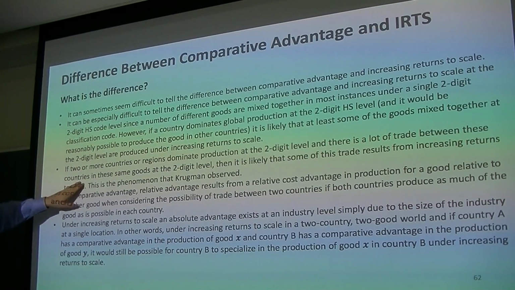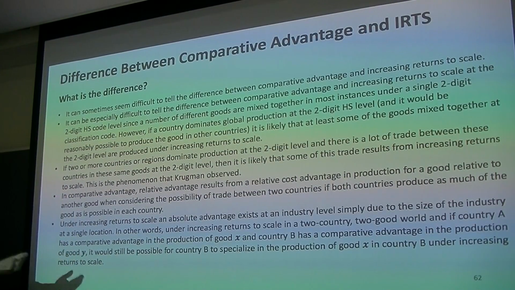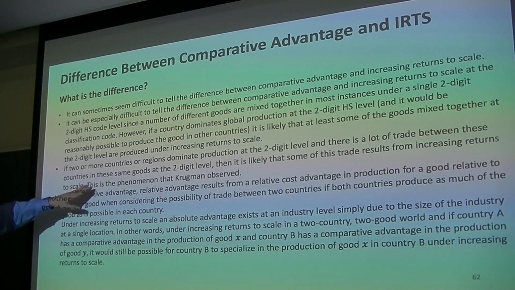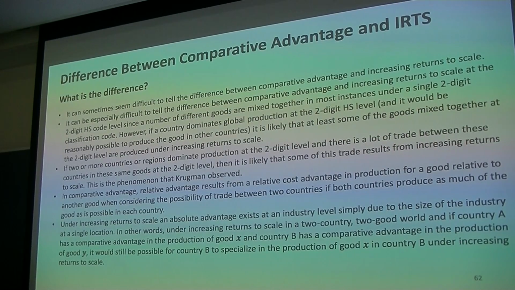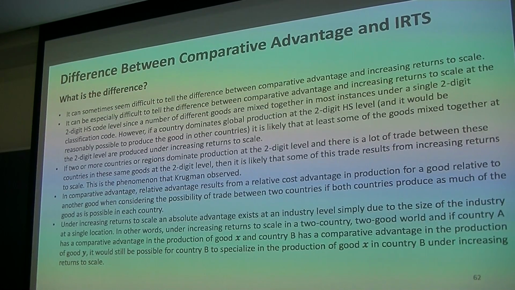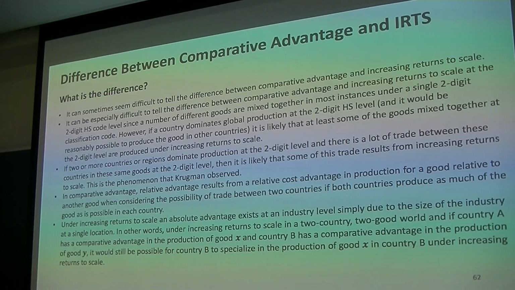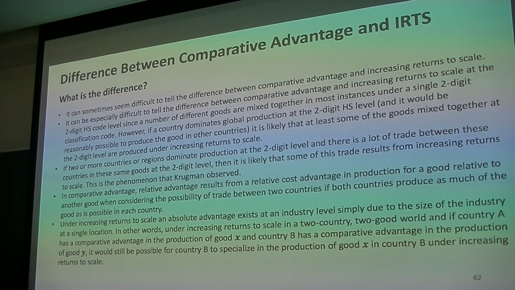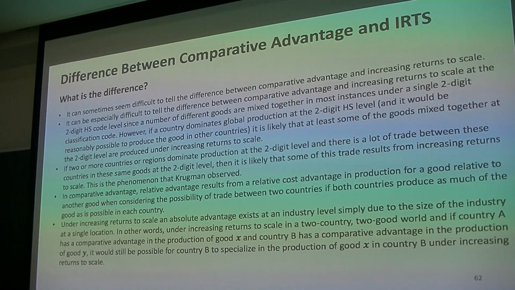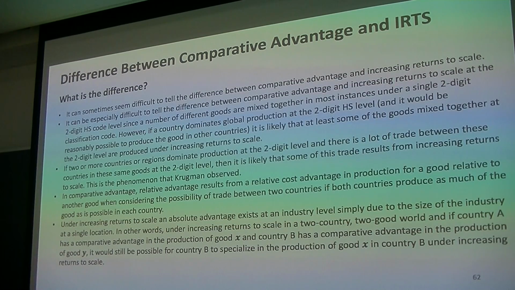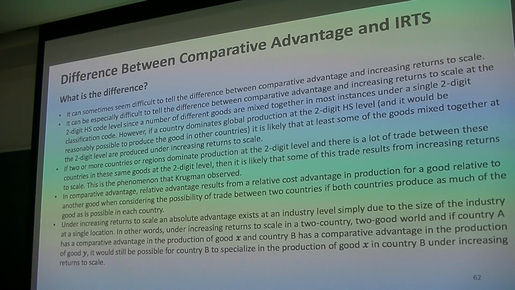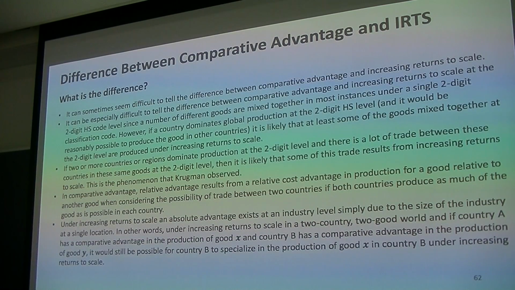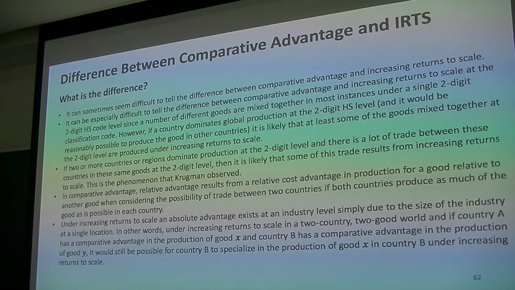So it's quite possible that within that, at the 4-digit, 6-digit level, you'll find increasing returns to scale. What Dr. Krugman observed was this kind of trade at the 2-digit level, and he started wondering why they were trading the same goods back and forth. When you go down, it's because they're really not. They're specializing, and what he found was quite often it was with these localized